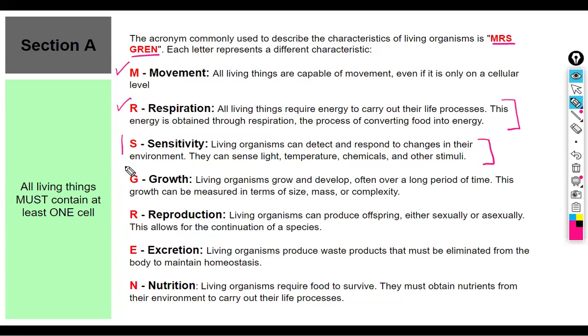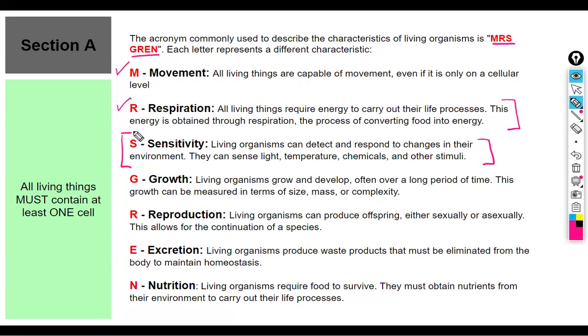Sensitivity. All living organisms display some sensitivity. Sensitivity is how an organism reacts to the environment. All living things react to the environment. For example, a very, very simple case. If I were to take a pin and prick you, or press it against you, won't you react? Well, first of all, you might get angry and punch me in the face, right? But that's a reaction to the environment.